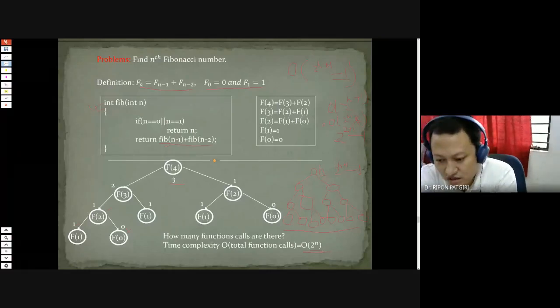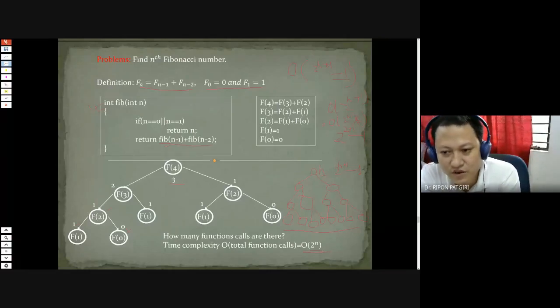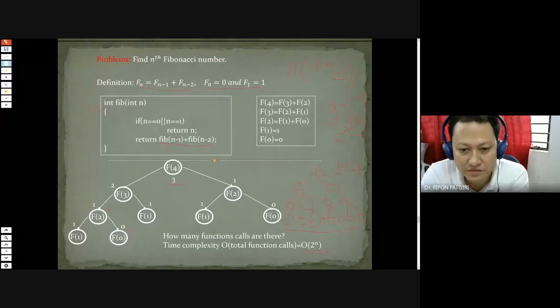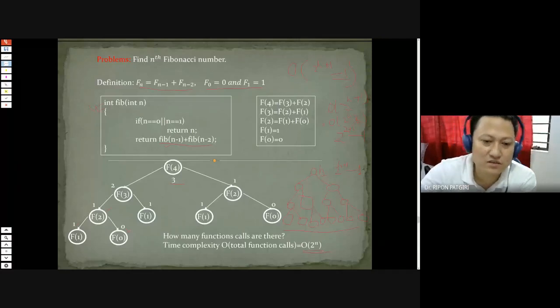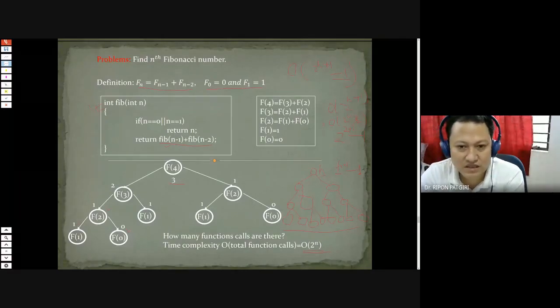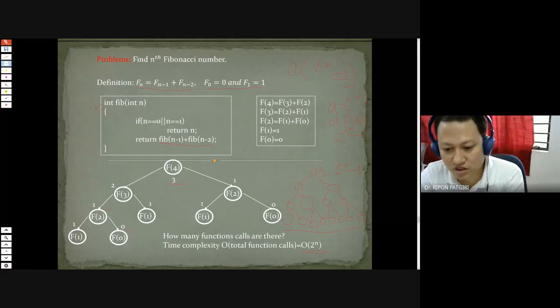Now the problem is that due to this huge number of function calls, the time complexity becomes 2 to the power n, and this is not a feasible solution for real life. But it is a very compact solution for understanding, because it is nearly the mathematical definition, and the program is similar. So it is very easy to write and code, but it is not desirable code.